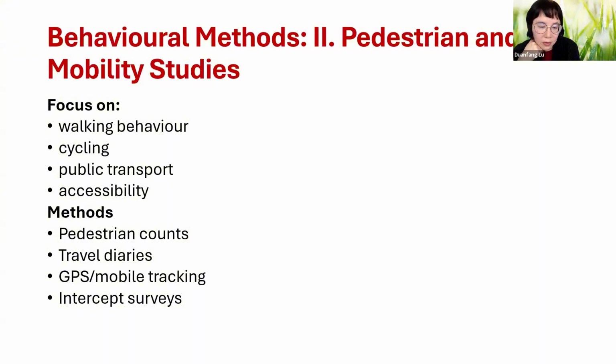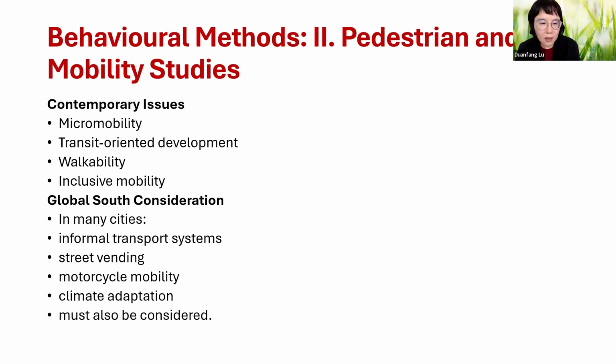You might also use mobile tracking, for example, by using mobile phone data. And you can use this particular method to answer a range of questions, for example, micromobility, accessibility problems, or walkability